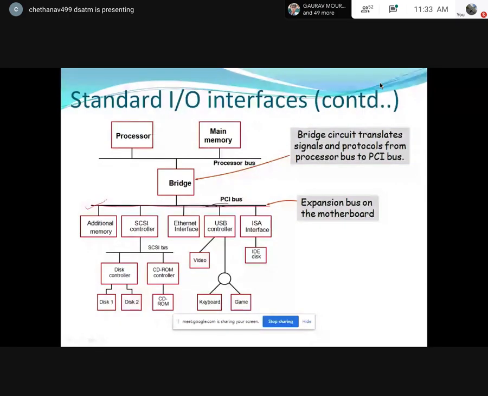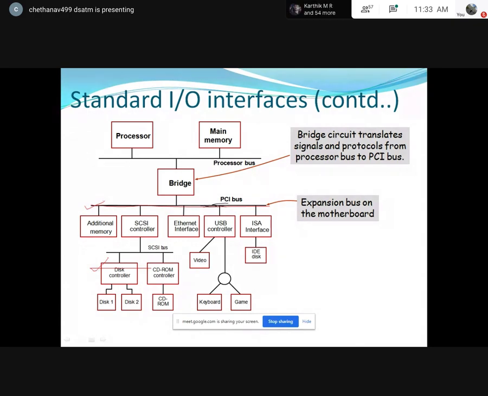This PCI bus is utilized to transmit data in bulk, so a bulk amount of data can be transmitted without any intervention of my processor. For example, suppose I want to send data, and I have one disk. You know already that we have drives, and you can add external storage devices to your system. In that system you are supposed to transmit a bulk amount of data.